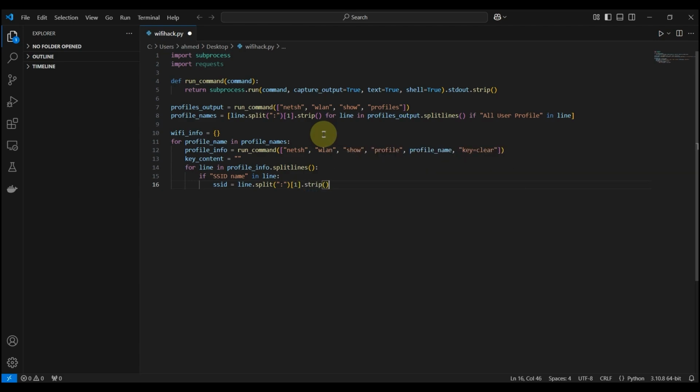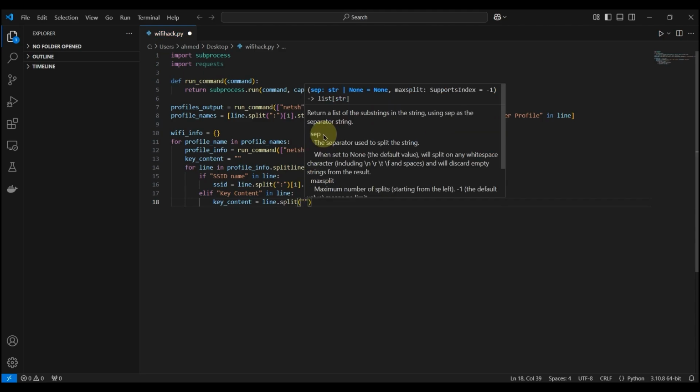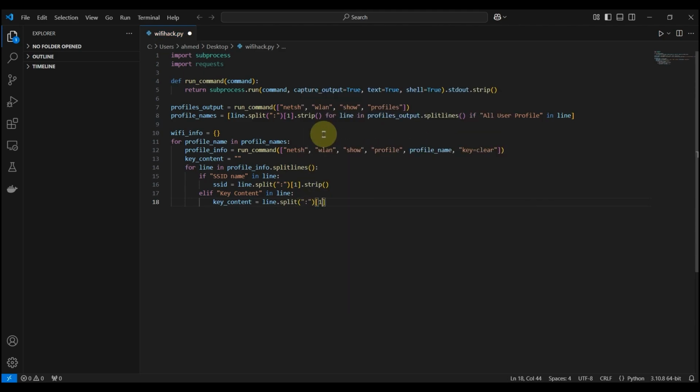Strip, so no white spaces, no blank spaces. And "Key Content" in line, key_content variable equals to line.split, colon over here, index one,